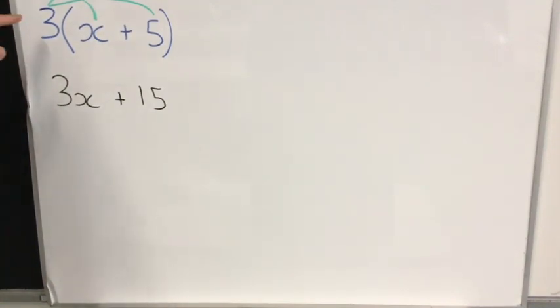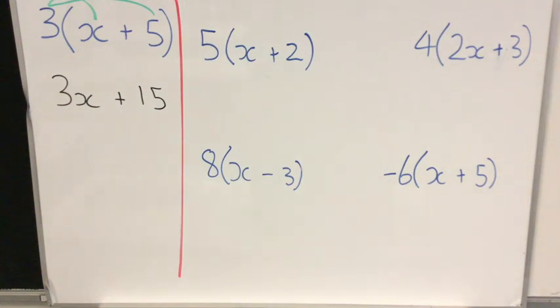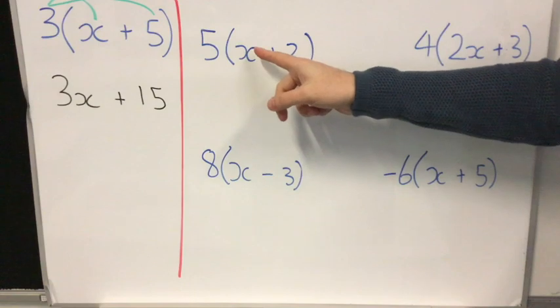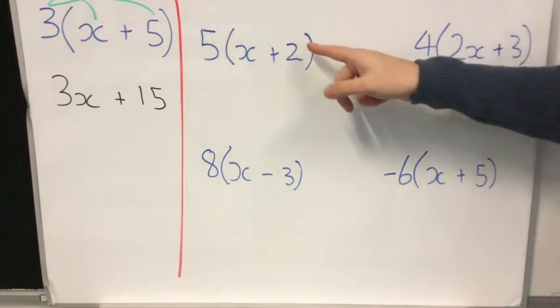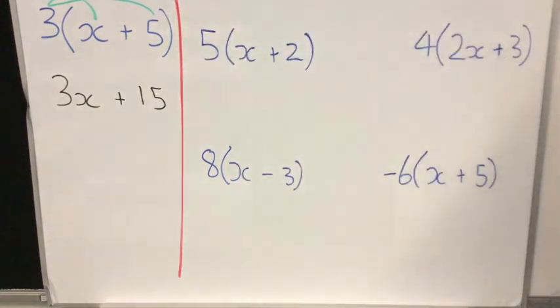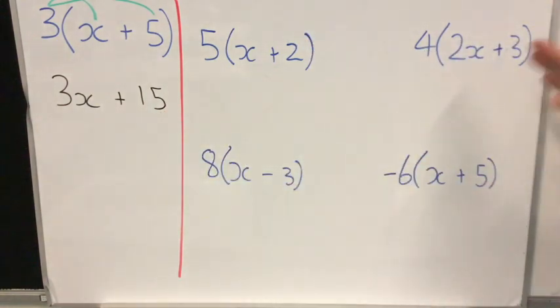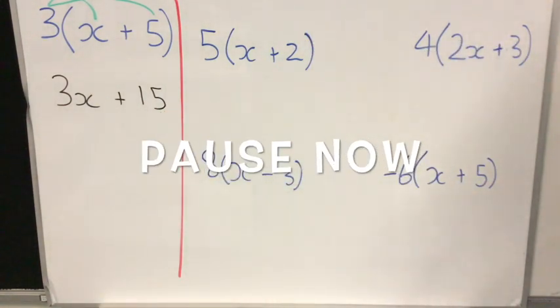You keep going until the number on the outside is times by each thing on the inside. I'll put a few more up that look like that, and then you can have a go at answering them. Okay, here are 4 more questions that look pretty similar to the ones that we've just seen. Do the exact same thing. This 5 needs to times by the x, and then the 5 needs to times by the 2. So those little coloured arrows do help you keep track of where you're up to. Your answer for most of them will look pretty similar to the black over here. So have a go at each one, pause it now to write them down, and I'll put the answers up